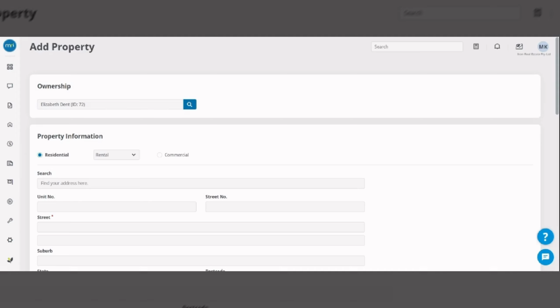Now you need to select whether the property is residential or commercial. The same information, if you don't have it, you can get it from Google, right?